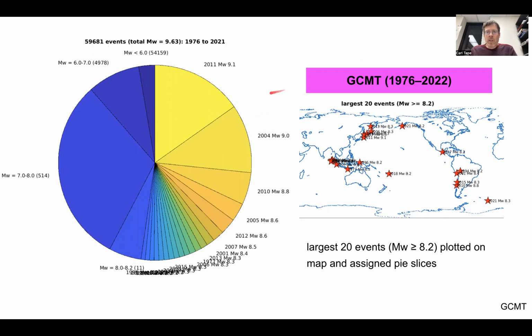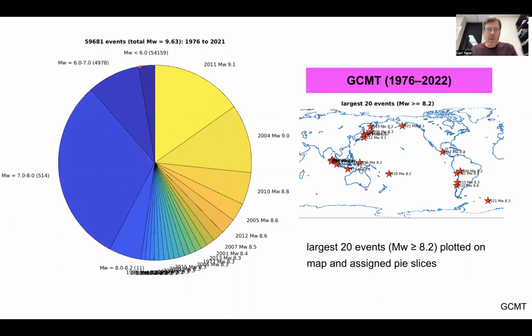So here are the largest 20 events, going from the largest event to smaller events, around in that direction. We have the largest event, 9.1, the Tohoku, Japan earthquake in 2011. The next one in the catalog was the Sumatra earthquake, and these show the top 20 events, all the stars shown at left. As we go down to the smaller events, we see here in the less than magnitude 6,